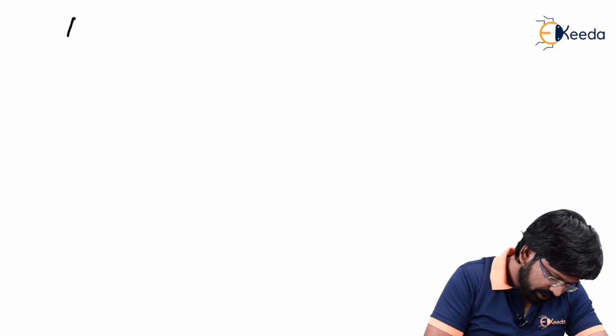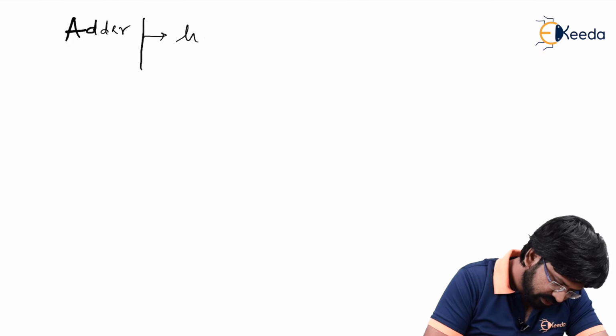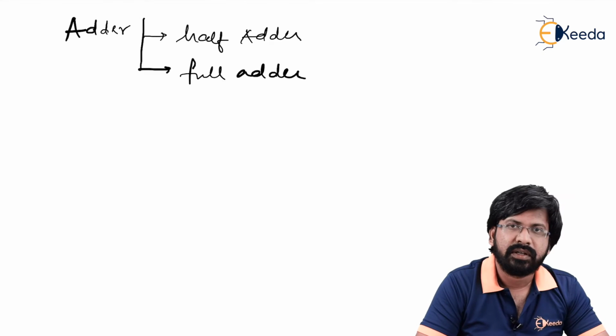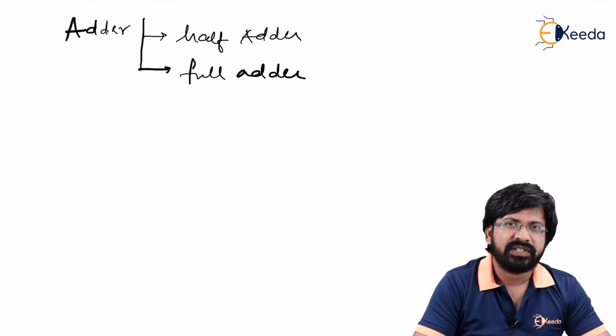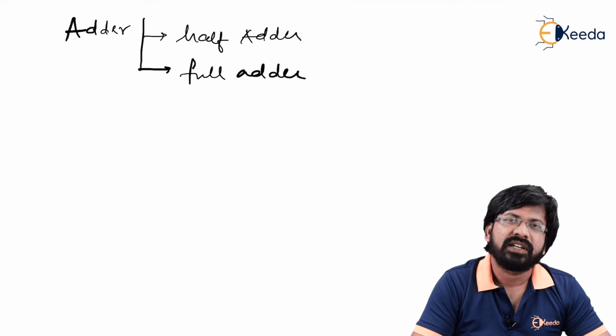So far when it comes to adder, we have seen there are two types of circuit. One we have already seen, the half adder, and of course full adder. Now half adder had two inputs, that is A and B, and two outputs, that is sum and carry. As well as full adder, we have already seen that there were three inputs, that is A, B along with C, and outputs were two, that is sum and carry.